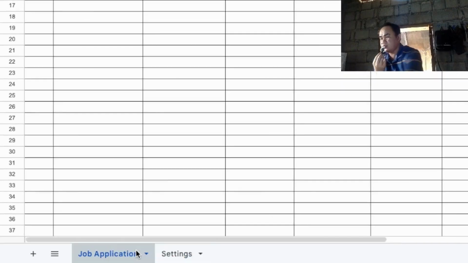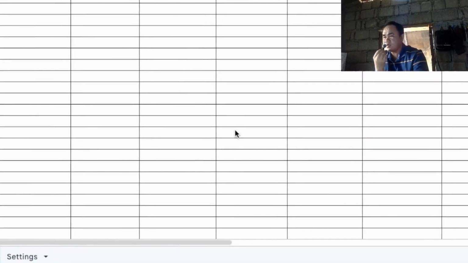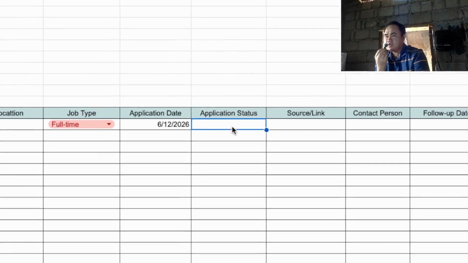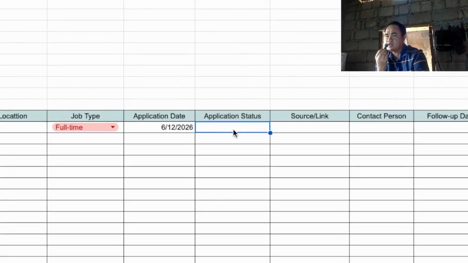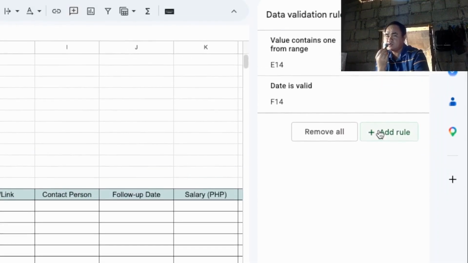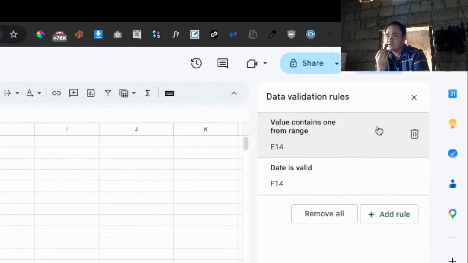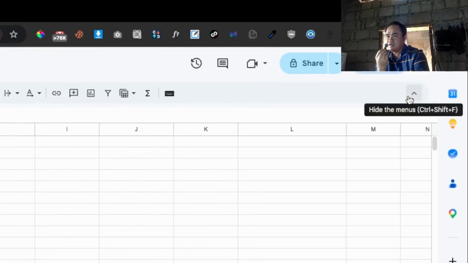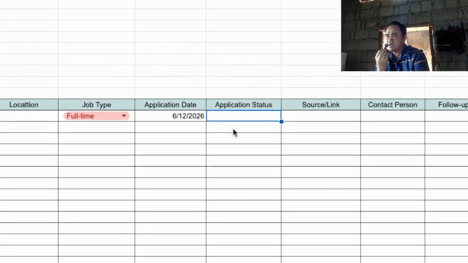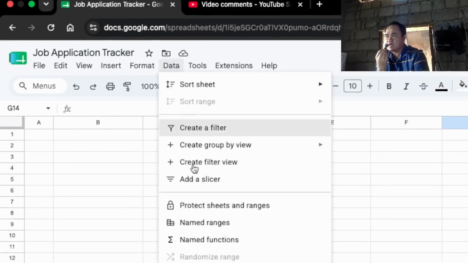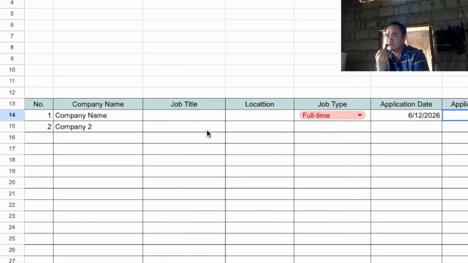Next is we're going to add that on our job application. So again, click this cell and then go to add rule. My data validation window is already open. If it's not yet open, you can select this cell and then go to data and then data validation.